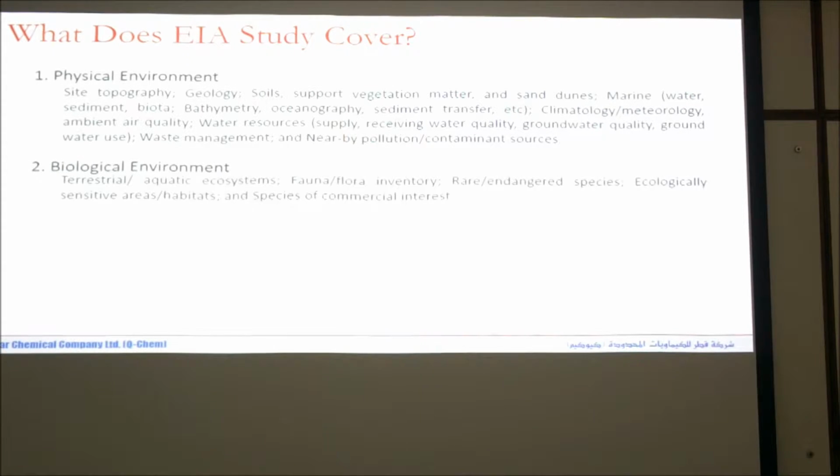And then we have the biological environment: aquatic ecosystems, the flora and fauna inventory, endangered species or rare species, ecologically sensitive areas or habitats, and areas of commercial interest. What's fauna, flora, the inventory? Plants and animals. Then socio-cultural, like the population distribution in the country, the land use, whether I'm using the land in the right way